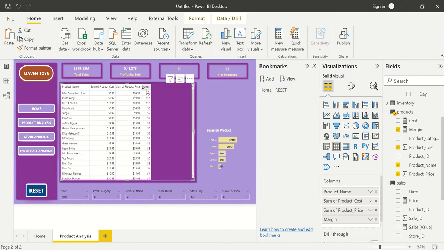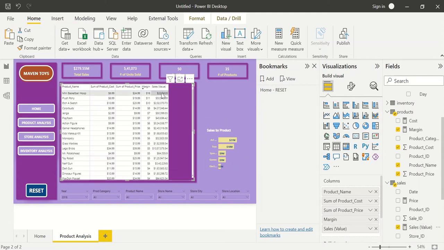If I want to sort this on the basis of margin, you can just click on margin header. See, now you can see mini basketball hoop. This has the highest margin. So if you would like to sell this particular product, you will be in benefits. For example, if I want to add the sales part here as well, you will see this is selling more or not. So you can see this is not sold much, but you can see etch a sketch. This has been sold a lot many more times, and in color birds also this is good sales. So you can see there is a good margin of $8 and $10 for these two products,